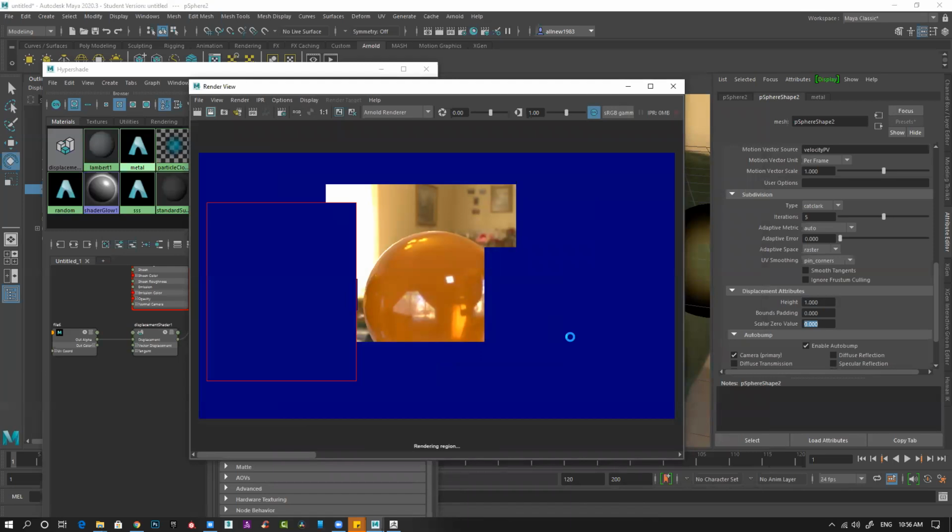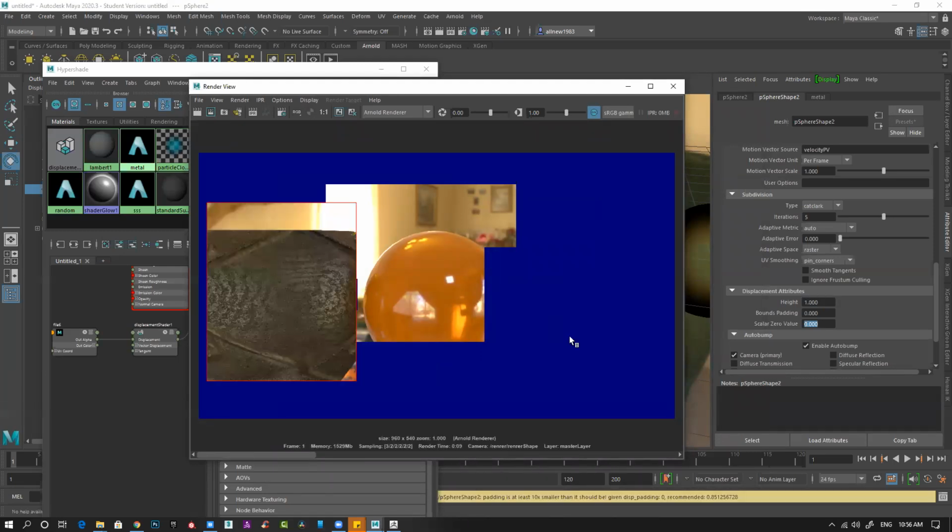Based on that, height is basically the intensity of your displacement map. So you can see it's way too much. So reduce it to, let's see, 0.1.